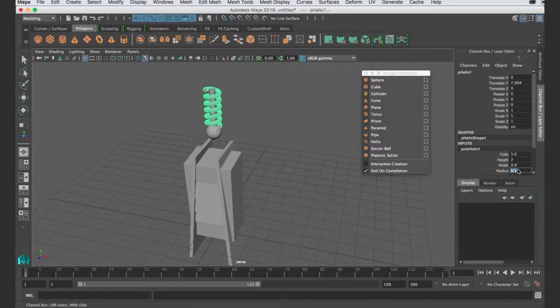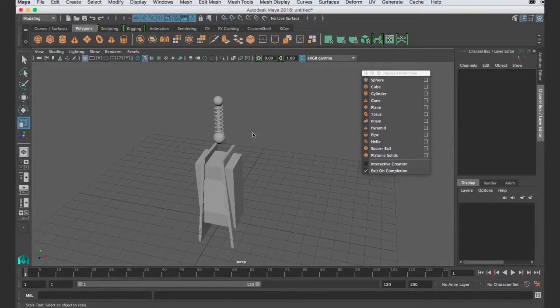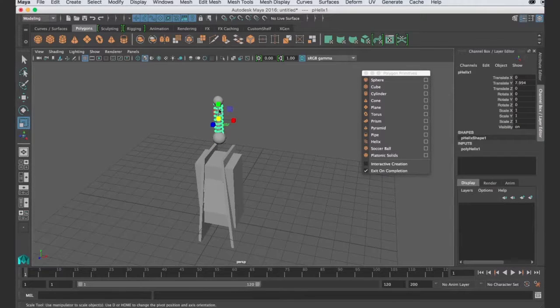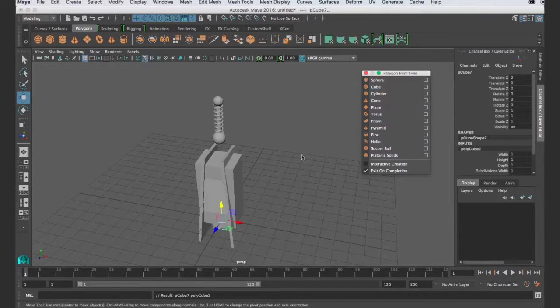I think I'm going to do a 0.05. Something like that. I'm going to go ahead and duplicate this ball, Command D, to put on the top. Maybe make this one smaller, and exaggerate this one a bit. Just rearrange things, and now I wanted just a box, which would be a cube,